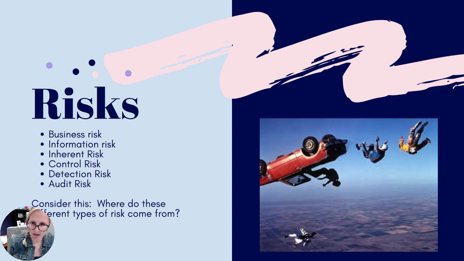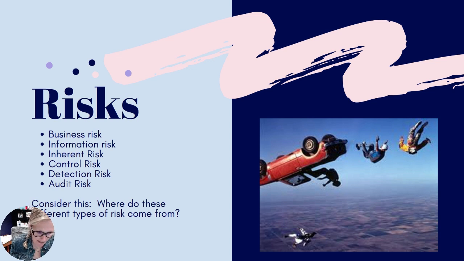The next type of risk that we talk about is information risk. Information risk is the probability that information circulated by a company will be false or misleading. That is what we as auditors are trying to minimize. We want to make sure that the information that companies are circulating that we are tied to is not going to be false or misleading. Also, information that they may give to us might be false or misleading, so we also have to be skeptical to make sure that that's not swaying our decision and that we are basing our opinions on accurate, true information.